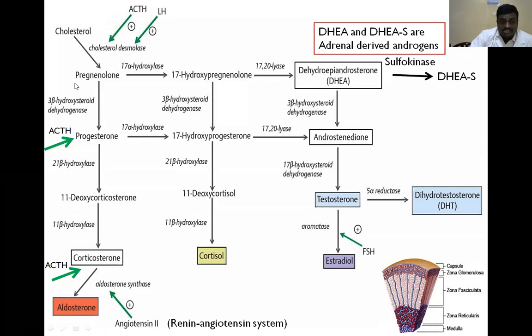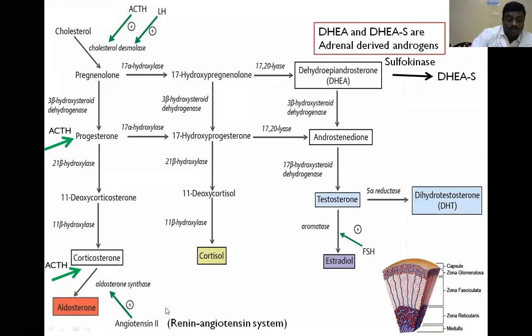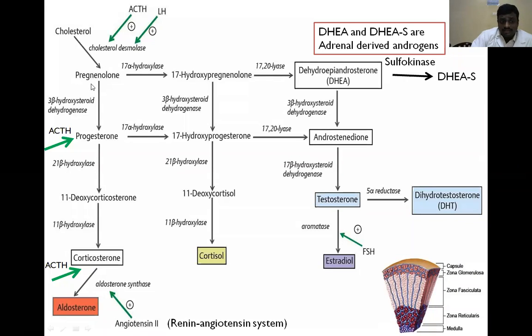In the first reactions, whenever pregnenolone is produced in the adrenal gland, in the presence of the enzymes dehydrogenase and hydroxylase, this pregnenolone is converted to progesterone and corticosterone. From the corticosterone, aldosterone hormone is produced. This conversion of corticosterone to aldosterone is regulated by angiotensin II. Likewise, pregnenolone in the presence of the hydroxylase enzyme is converted to hydroxypregnenolone.